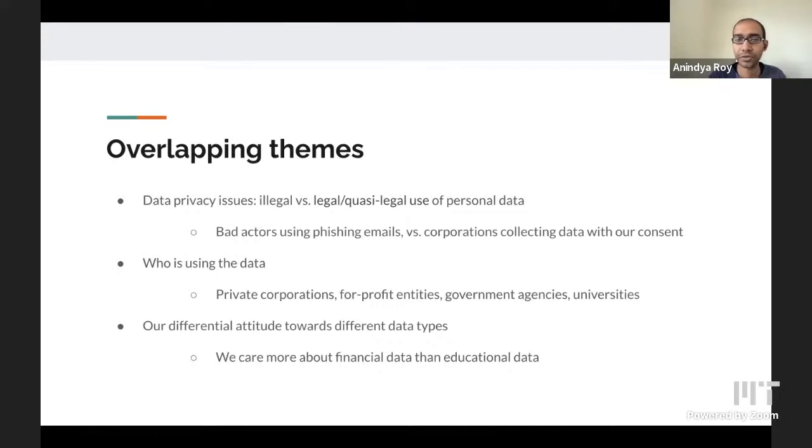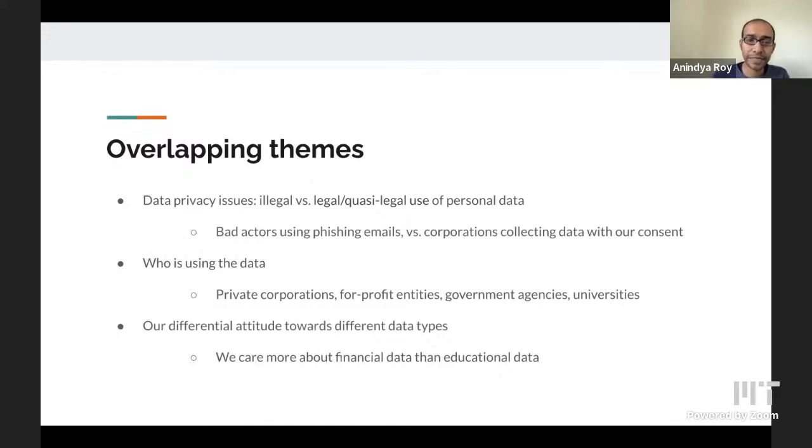Then the other aspect to think about is who is using the data. So for example, there are private corporations which could be using that for various purposes, starting with, let's say, serving ads, which are more personalized, to something that could be a lot more futuristic, or we have not known about how that could be used. There are government agencies which collect data, which buy data from data brokers. There are universities who could be using data from students, which might be gathered from learning analytics systems and all that.